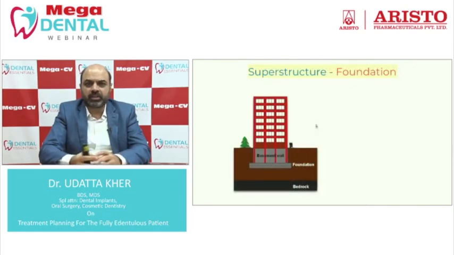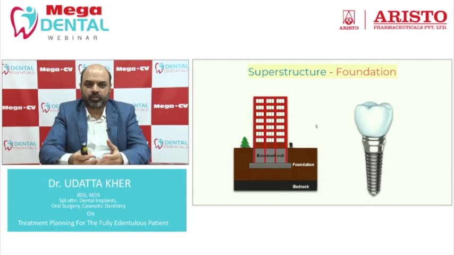So when a person has lost all the teeth and now we need to reconstruct and give the patient a full complement of teeth, it is a bit like constructing a building, wherein you need to have a foundation and then you have a superstructure over it. Similar to that, when we are rehabilitating patients who are fully edentulous, the first thing that we need to do is create a foundation, and this foundation is created with the help of implants. And over that is going to be the prosthesis, which is going to be the superstructure,